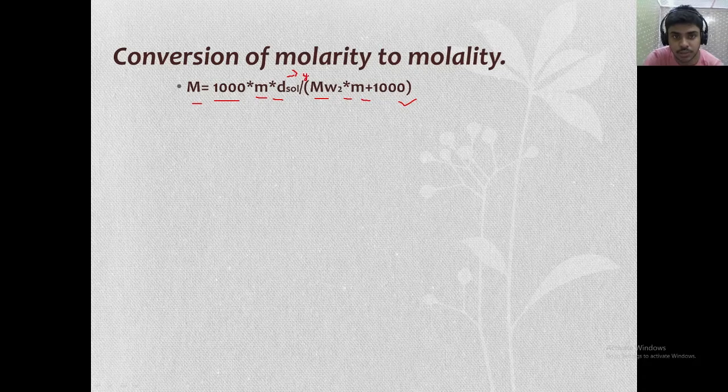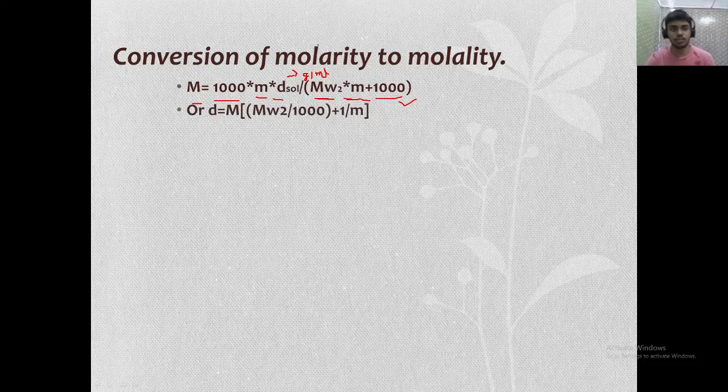I have told you that we are taking all the calculation in grams and ml, so that's why this 1000 all are coming. Okay, and molecular weight in grams. Molality, the unit is simple, that is moles per kg, and this one also you have to take into account. I'll explain how this formula is coming.